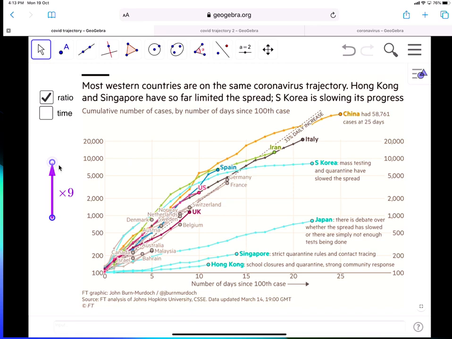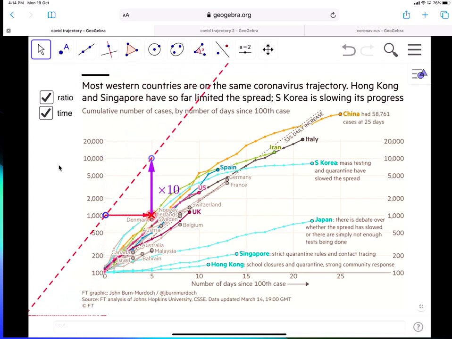Let's go back to this graph again. From, let's say, 1,000 to 10,000 is an increase of 10 times. And if you take into account the horizontal scale, for example, if you go to the right,